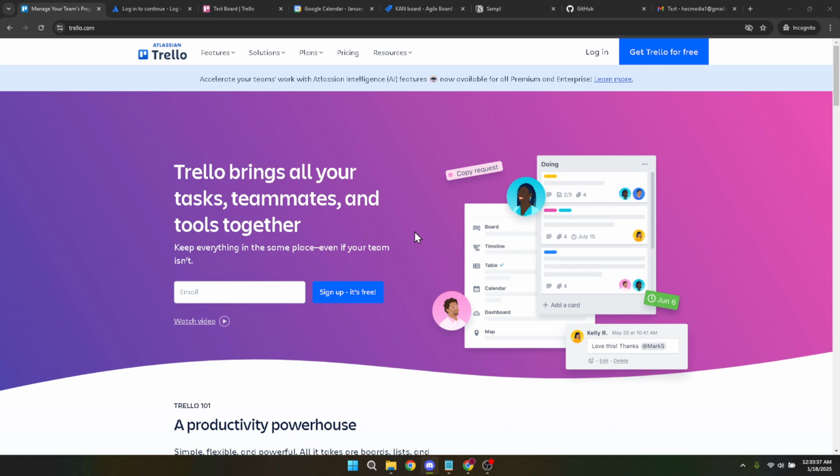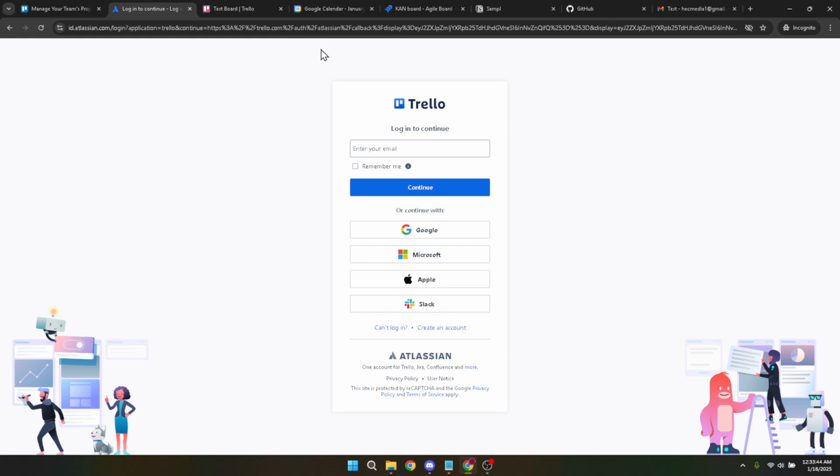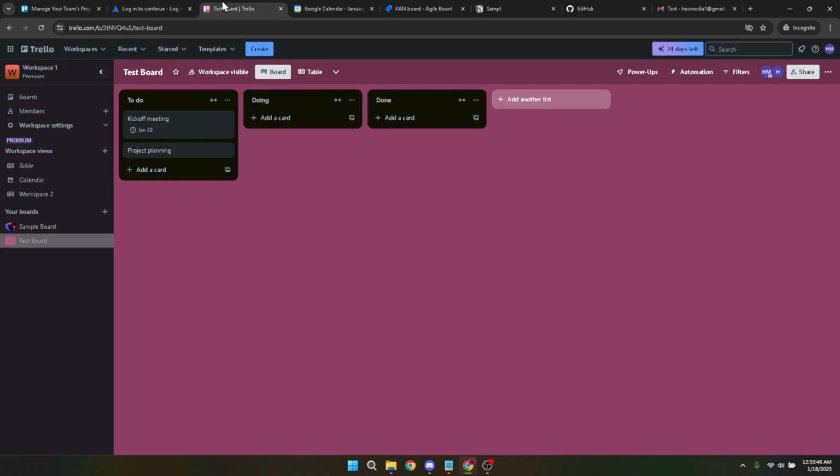First, you'll want to head over to Trello's main page and click on the Login button. If you already have an account, this step will be straightforward. For those who haven't logged in before, Trello offers various quick sign-in options. Here, let's go ahead and use the Google login. This is a convenient choice for many since it ties all your digital tasks to an account you're likely using frequently anyway. Once clicked, select the appropriate Google account that you'd like to associate with Trello. And there you go, you're in.